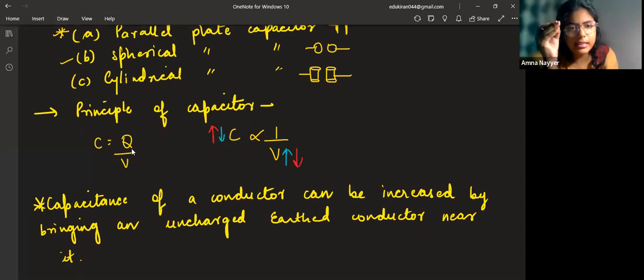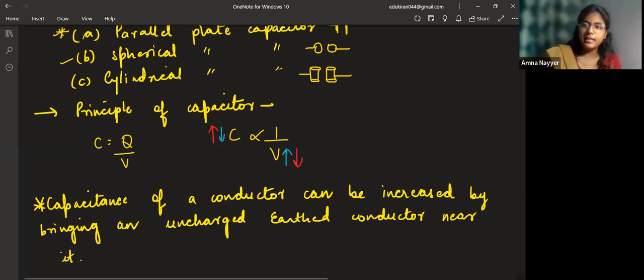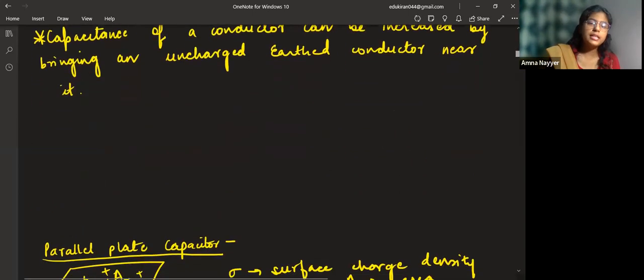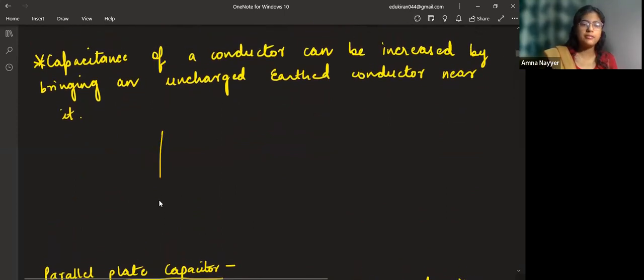So what is the principle of capacitors? Capacitance of a conductor can be increased by bringing an uncharged earthed conductor near it. Earthed conductor, earthing: remember when we were discussing methods of charging in electrostatics, the first lesson? There we had seen the earthing process. I told you in potential it will repeat itself. So see, suppose I have taken